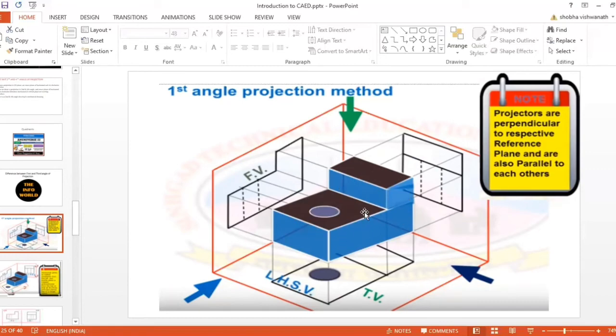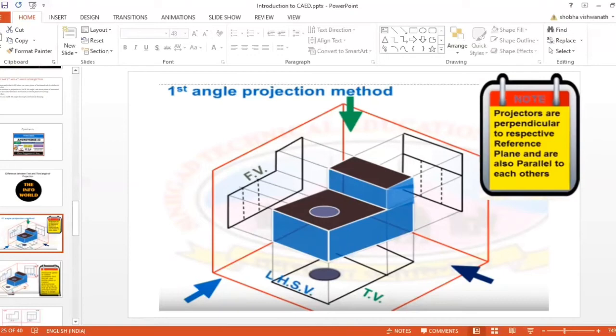To represent this drawing, we will use three-dimensional imagination. One will be this wall, which you see here represented in red color. This is the front view, and this will be your top view. TV represents the top view, along with the front view, and this will be the side profile plane. We have three planes here: the vertical plane, the horizontal plane, and the side plane.